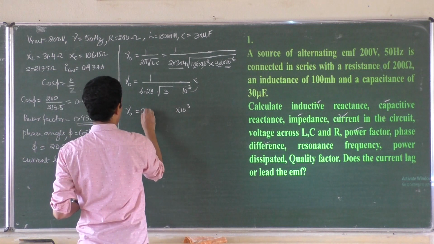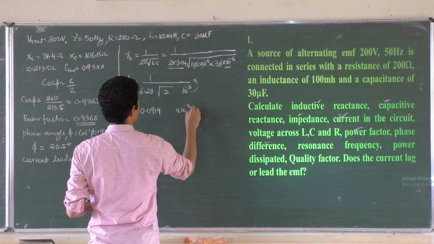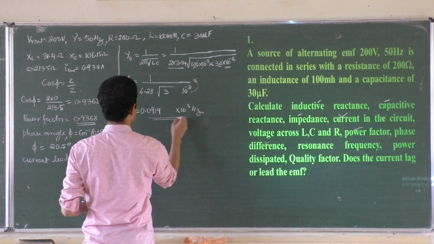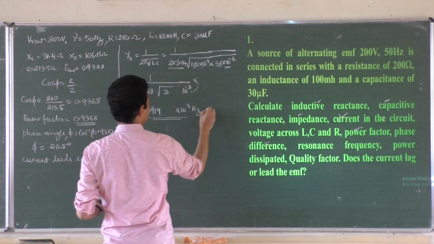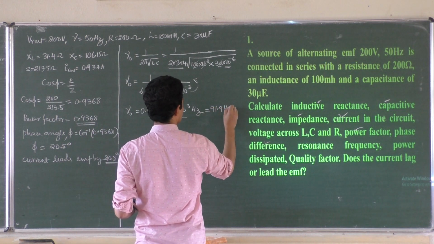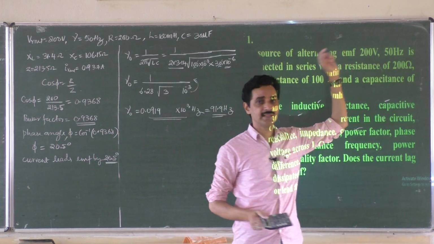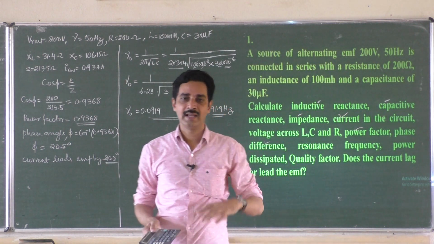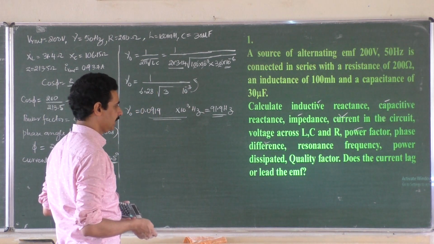0.0919 into 10 to the power 3 Hertz. That is equal to how much? 10 to the power 3 means 1, 2, 3, 91.9 Hertz. This is the resonant frequency, but we are at lesser frequency, 50 Hertz, which is lesser than the resonant frequency. That's why we got Xc greater than XL. Okay, resonance frequency, power dissipated